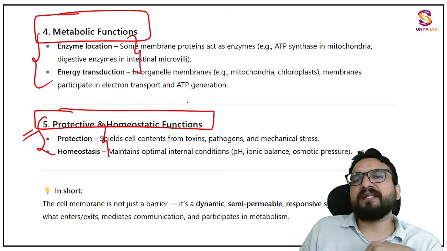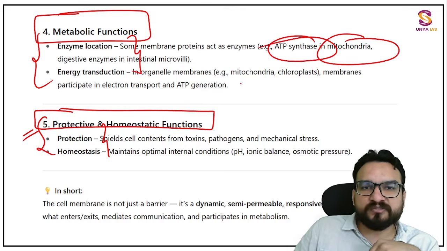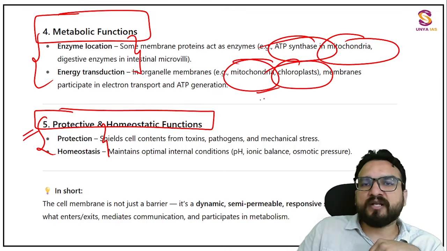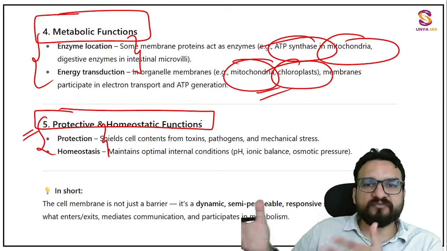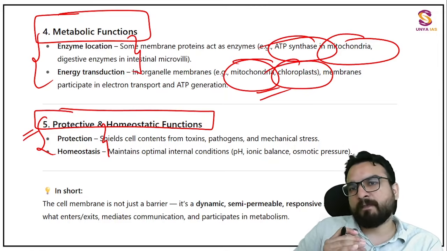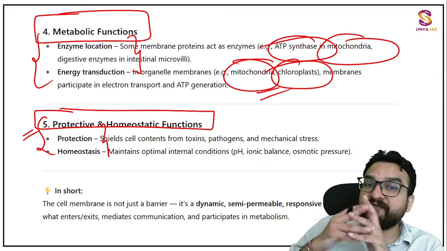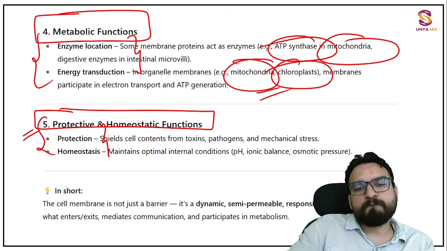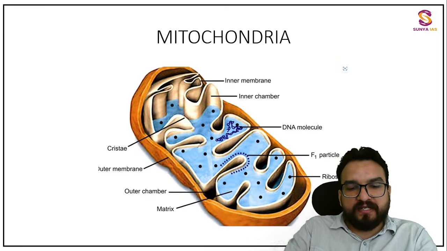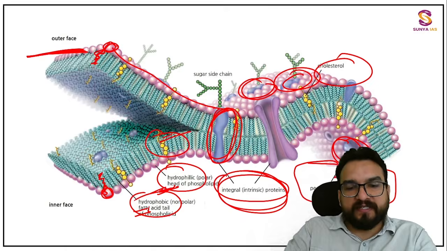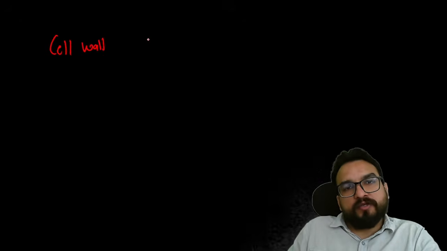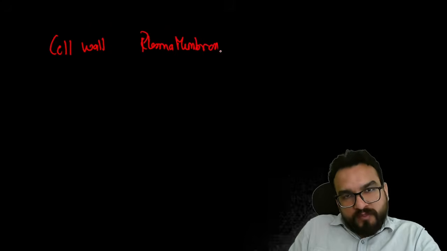Details you will be understanding when you study the ATP synthesis process in respiration, mitochondria, and chloroplast in separate classes, when you are done with photosynthesis and respiration, which are huge topics and very, very interesting topics, guys. Okay, now the next cell organelle. Two organelles we have covered, guys: the cell wall and the plasma membrane, also known as the cell membrane.